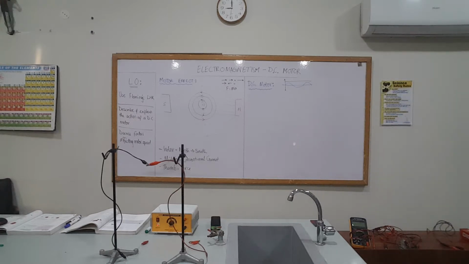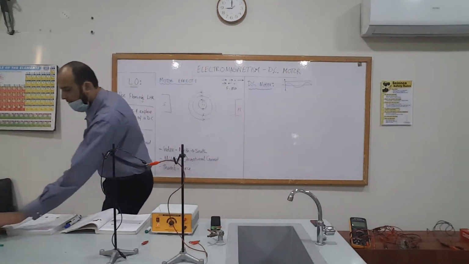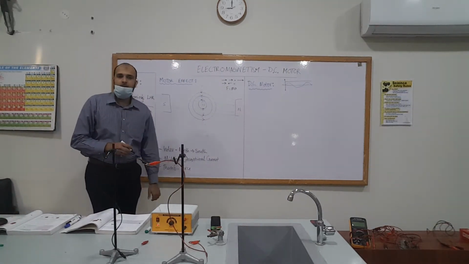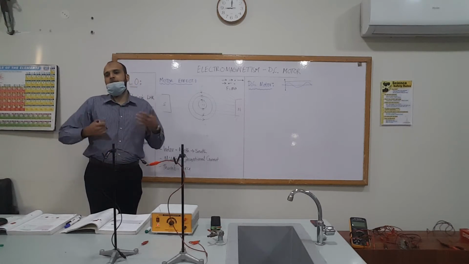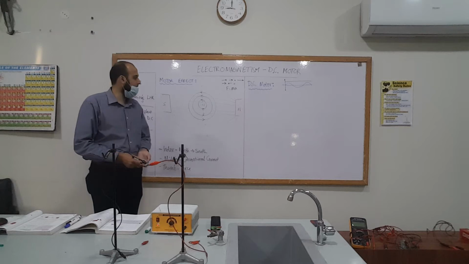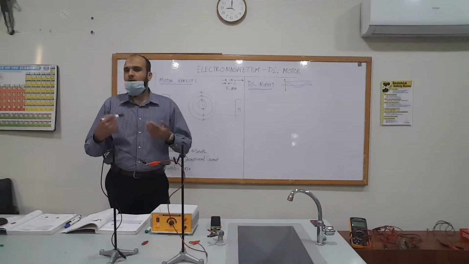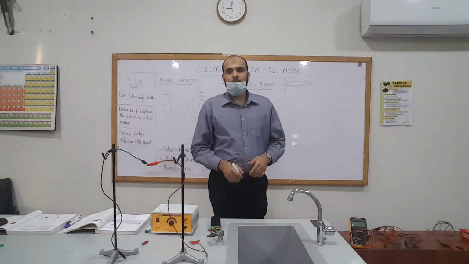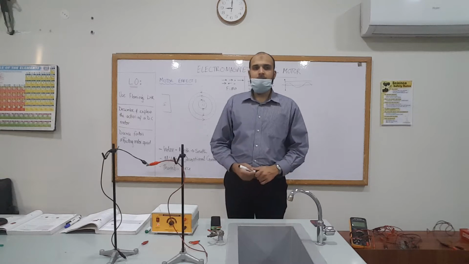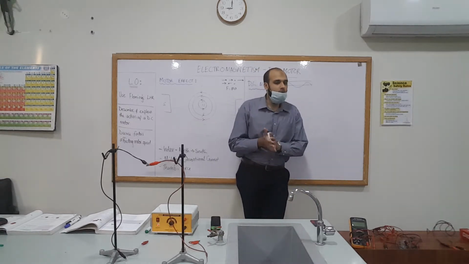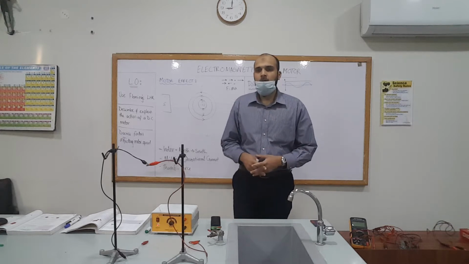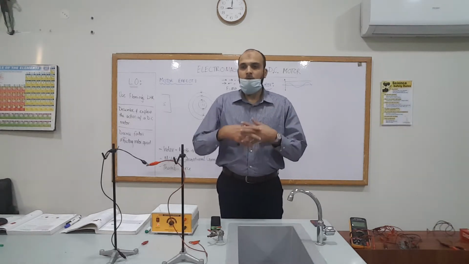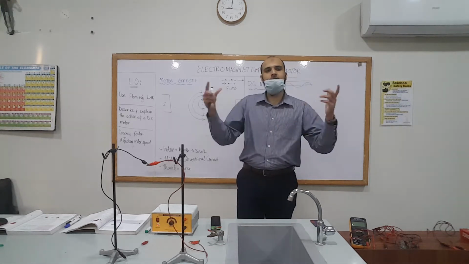Can you repeat the exact expression? The motor effect is simply the interaction of an electromagnetic field with an external permanent magnetic field. Okay, it can be permanent, though practically speaking, we also use an electromagnet. It's the interaction of an electromagnetic field with the field of another external magnet.